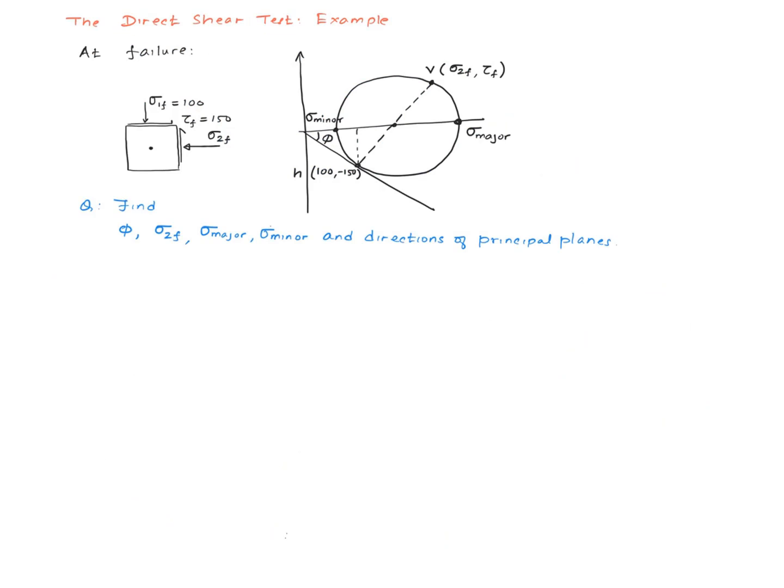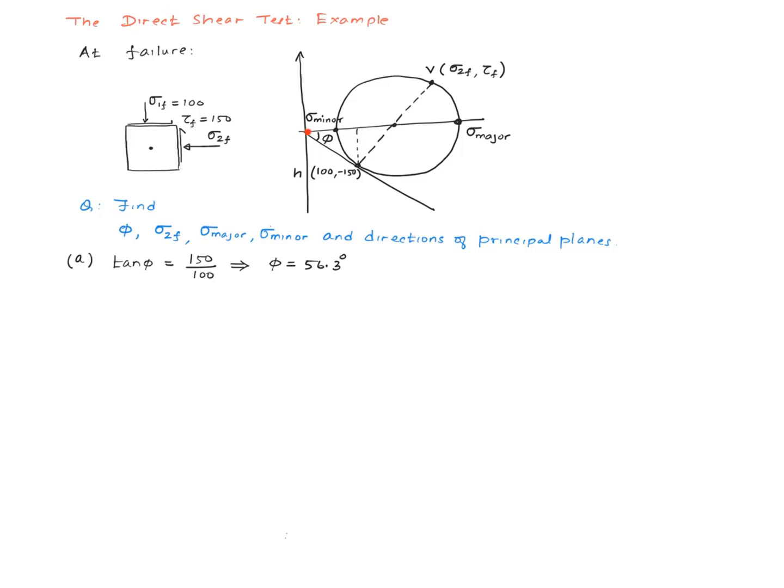Let's do a numerical example. These are the values of the stresses at failure, and we are interested in finding the friction angle, sigma 2f, which is the normal stress on the vertical plane, major principal stress, minor principal stress, and the directions of the principal planes. Finding the friction angle is pretty easy. All we have to do is to consider this triangle right here. This distance is 150, right? That's the shear